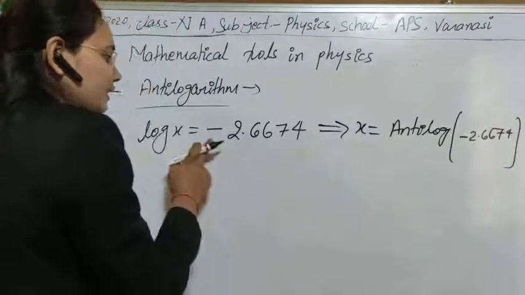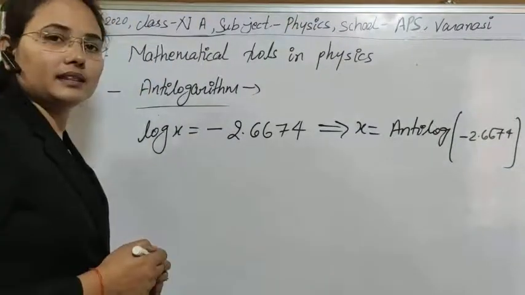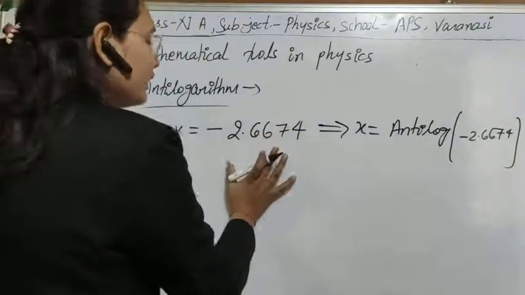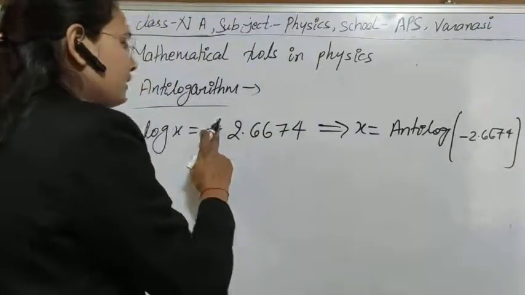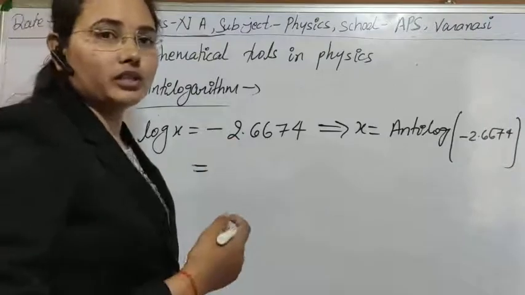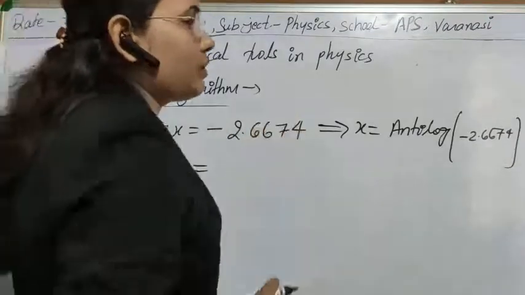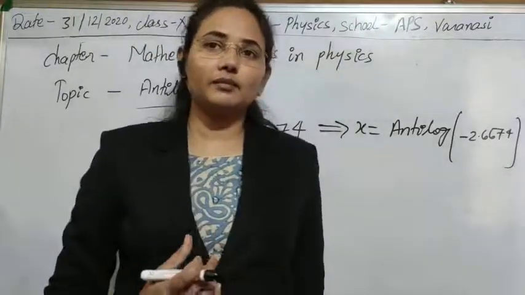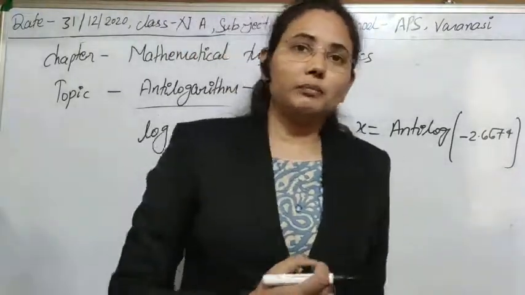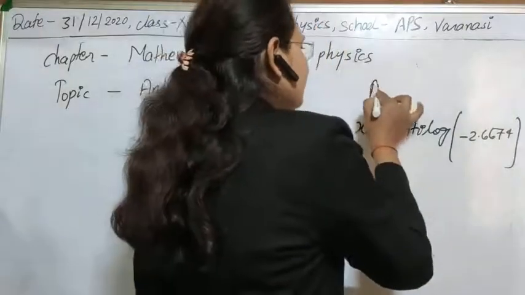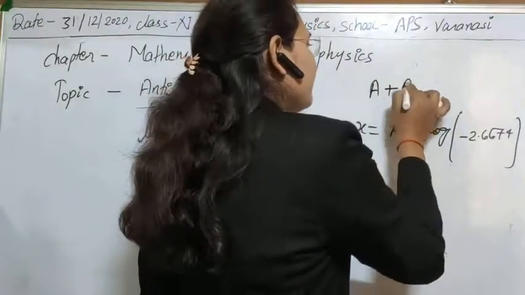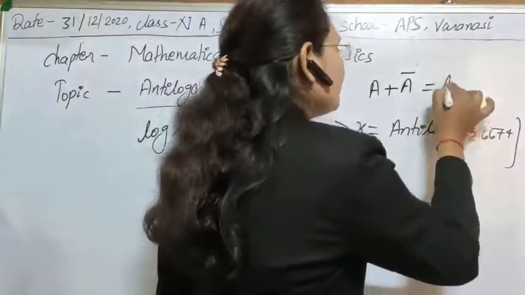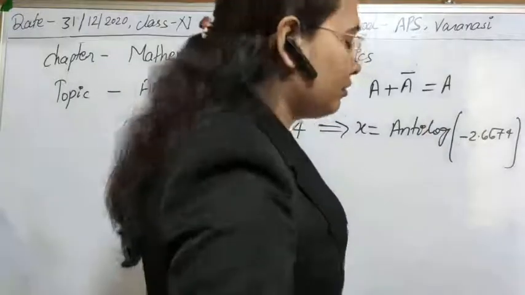So here one thing is new for you, that is the minus sign that is given here. So what you have to do for this? First of all, you have to convert this negative into the positive, and for that calculation you have to take the help of one concept of the bar. If you add a bar to a, then this always gives you the value